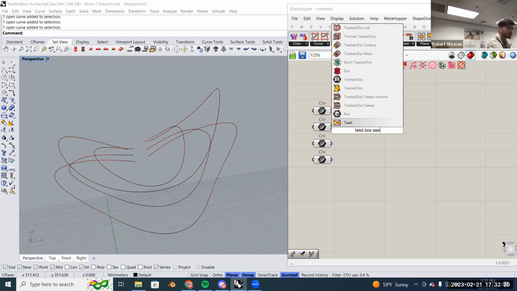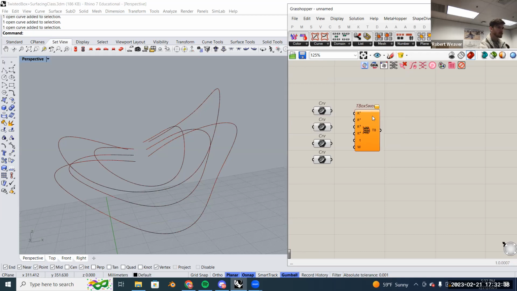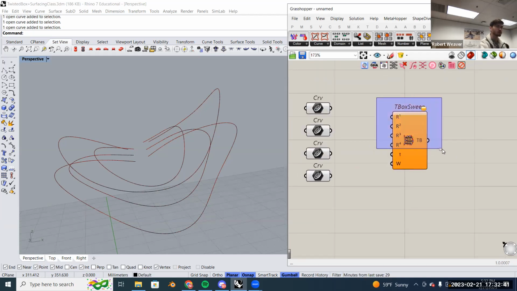So the next component, as I mentioned, is the twisted box sweep. It should be right here. We can look this up as twisted box sweep, or you can find it in the Pufferfish twisted box dropdown. And with this component, we'll notice it has these 4 rail curves that it needs, which are the ones we just set. So rails 1, 2, 3, and 4. So I have these here, so I'll go ahead and plug them in as 1, 2, 3, and 4. But as I set them, I set the inner, the top, the outer curve, and then the bottom curve. So if I plug them in